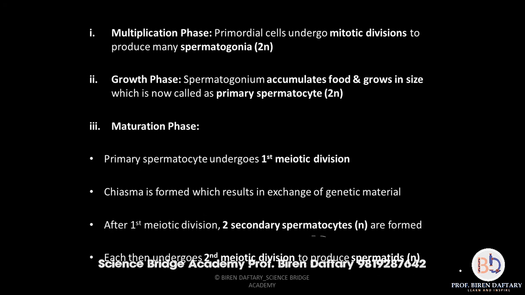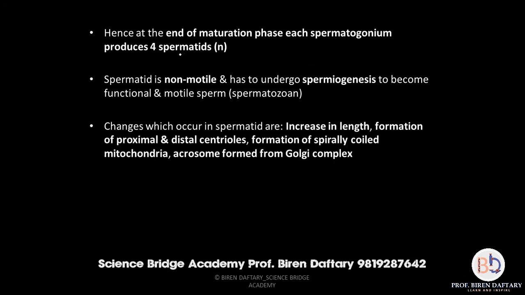So after we have finished reading this, finally the changes that occur in the spermatids are called spermiogenesis. So spermiogenesis is the process of formation of sperms from spermatids. Whatever changes take place in the spermatids, that is called spermiogenesis. Alright, so all the changes that are occurring are given over here. So let us highlight these changes.